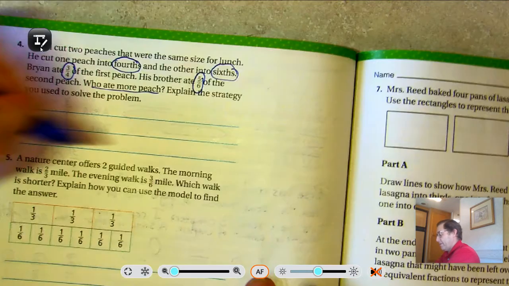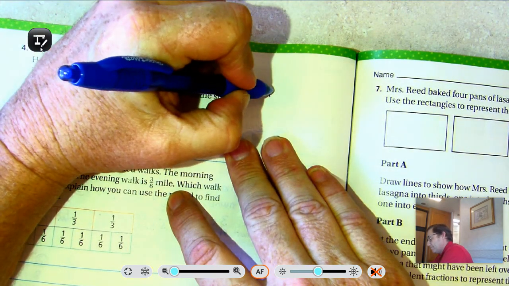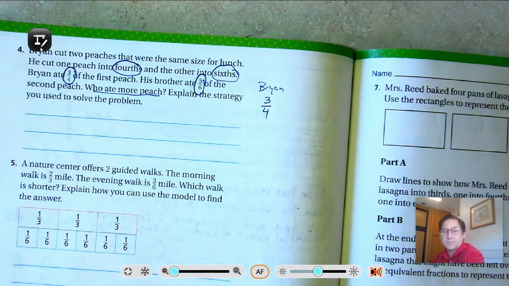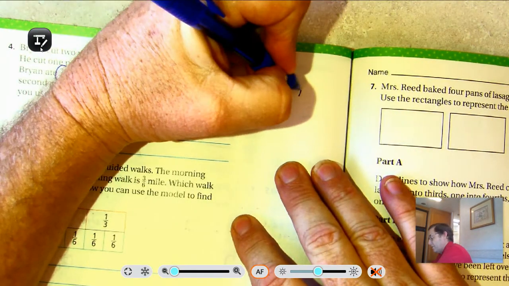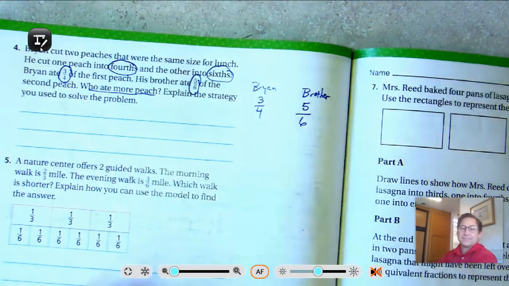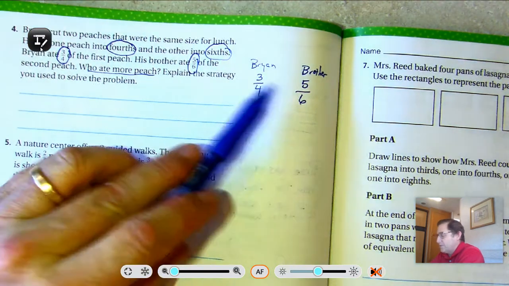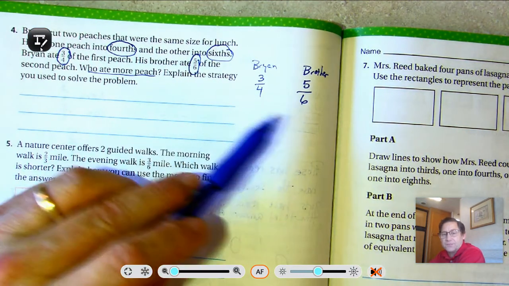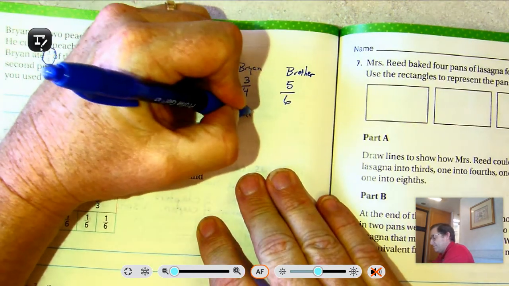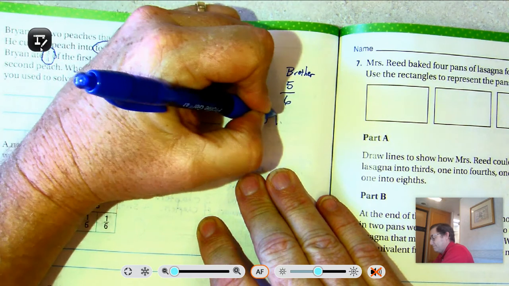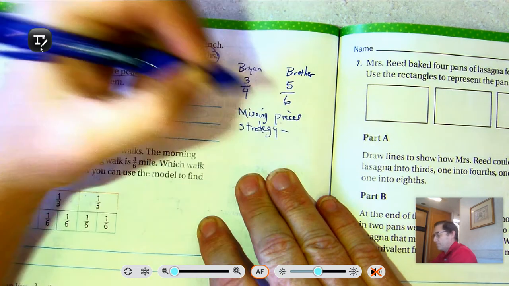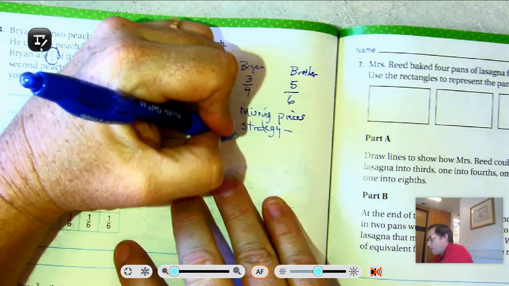All right, so we're comparing Brian eating 3/4 of the first and his brother eating 5/6. Well, the numerators are different, the denominators are different, so we can use the missing pieces strategy. Okay, the smaller the part remaining,